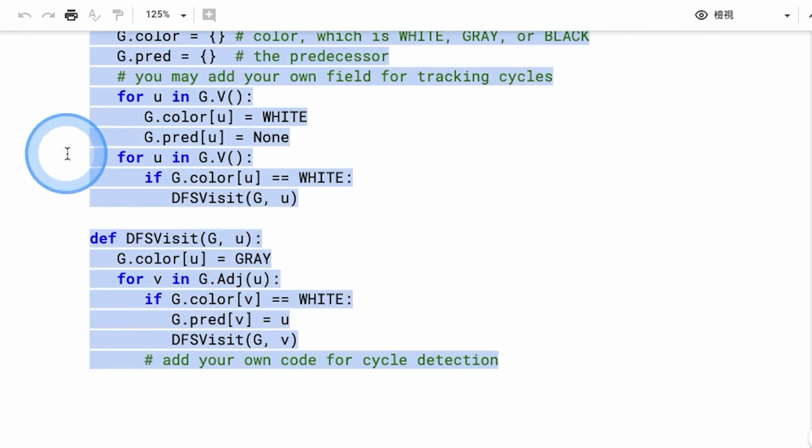It checks, have I visited it? If I haven't visited it, the color is white, its attribute is white, then I start a visit. Over time, you may start multiple visits because of the way graphs are connected or not connected, so you retry every vertex that hasn't been visited as a possible starting vertex.